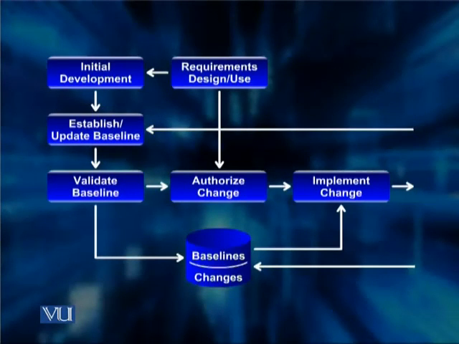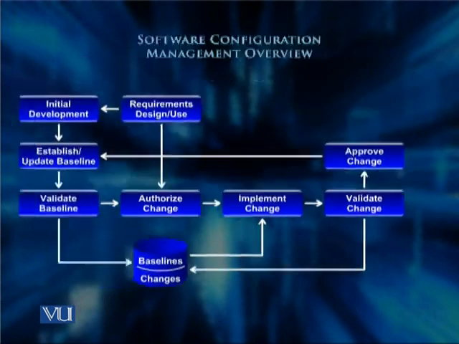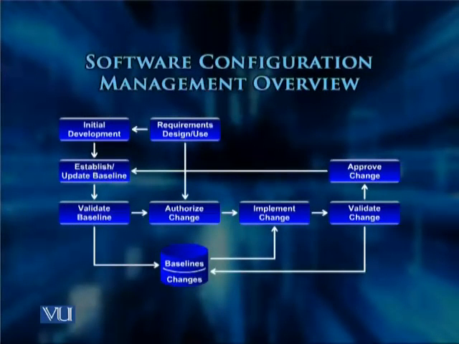Then, if you are updating a baseline, you validate that and then you authorize the change. Then there is the implement change activity, and after a change has been implemented, you validate the change, and the changes are then put into the project database. As you can see, this picture gives you an overall set of activities and their relationships for software configuration